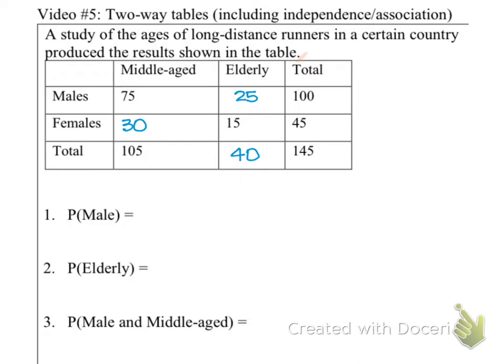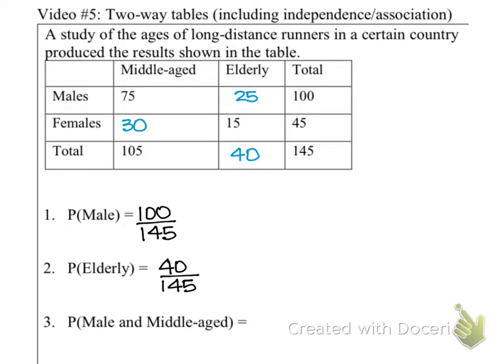So the probability of male, we're going to take a look at this. The probability of male is going to give us this last value of 100 out of the total of 145. So the probability of male is going to be 100 out of 145, which we can simplify or we can turn into a decimal or a percent. Probability of elderly, we're going to take a look at that column of elderly. We have a total of 40 out of